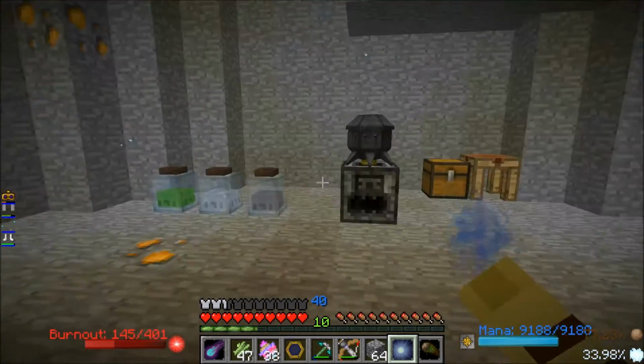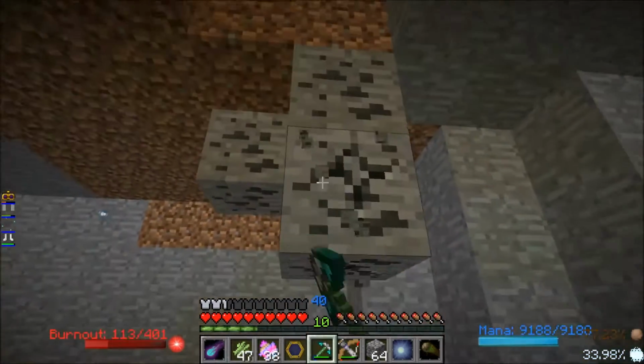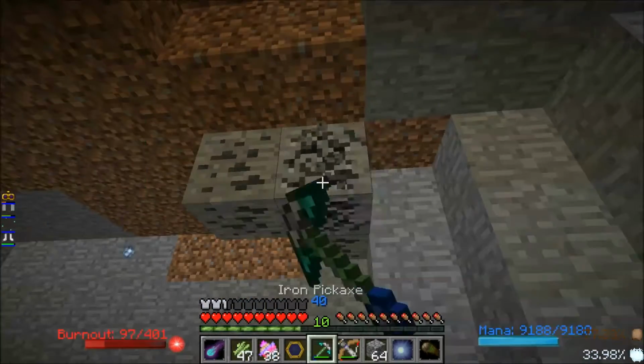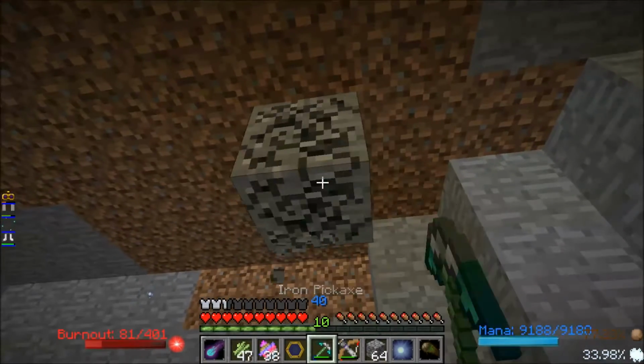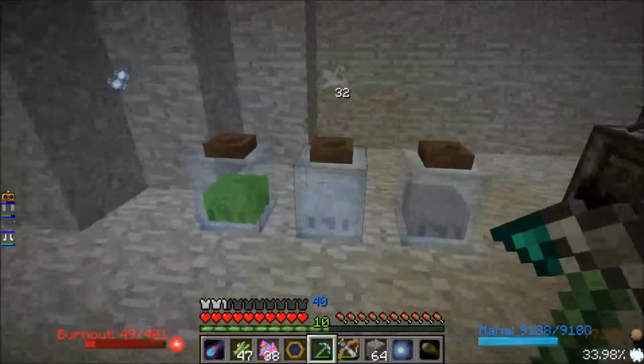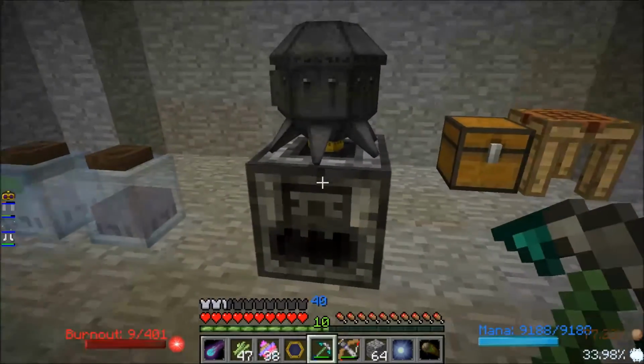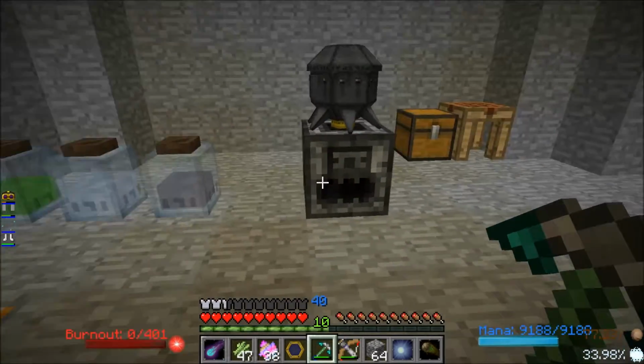There we go. We are continuing today to work on some alchemy. Now, I've already gotten some Spiritus and Vinculum and Terra brought out of Soul Sand. What I would like to do...